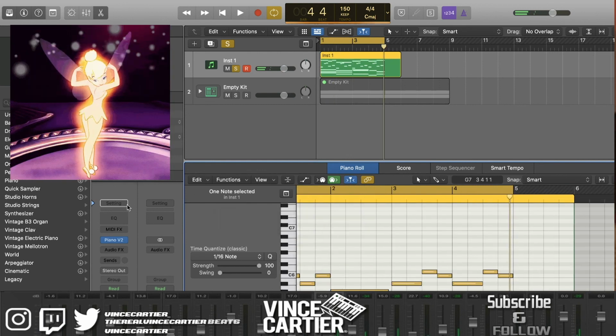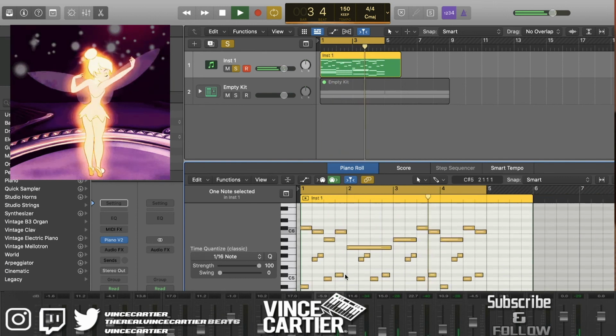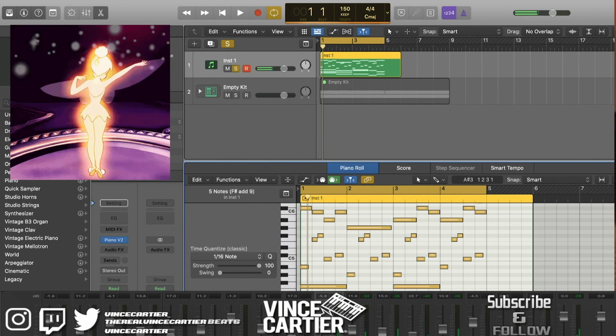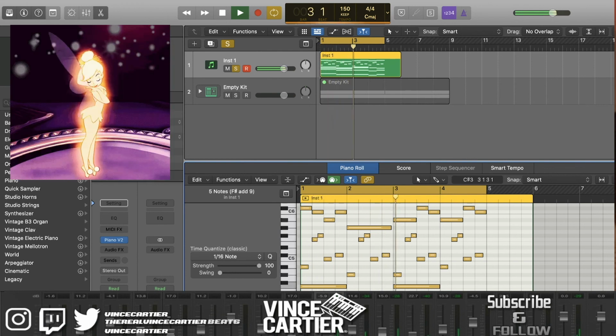Alright, so let's hear what we have from the top. I'm gonna take the bottom note from my chord and drop it down an octave. Dropping it down an octave is Alt, Option, Shift, and arrow. Bring it down. Well, I want to keep that the same. Right? Now, what I'm going to do is select everything, which is Command and A, and